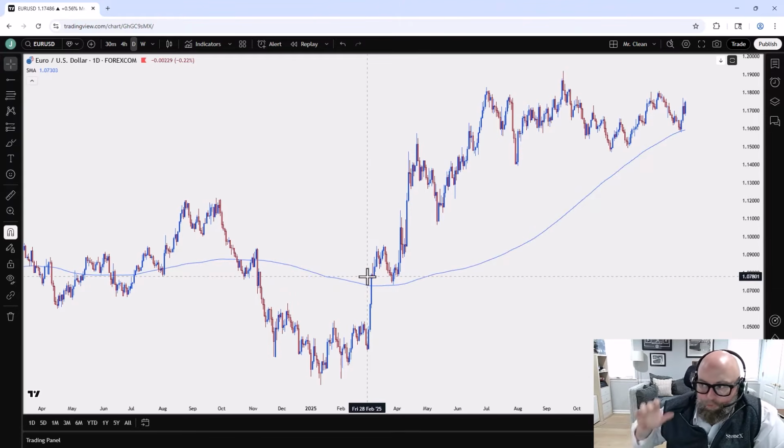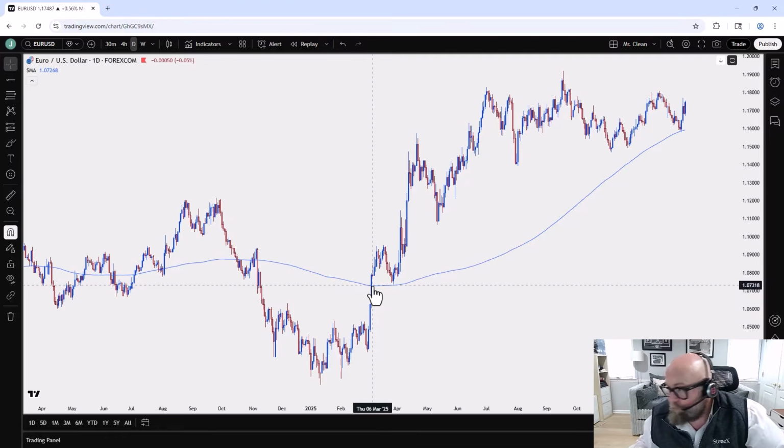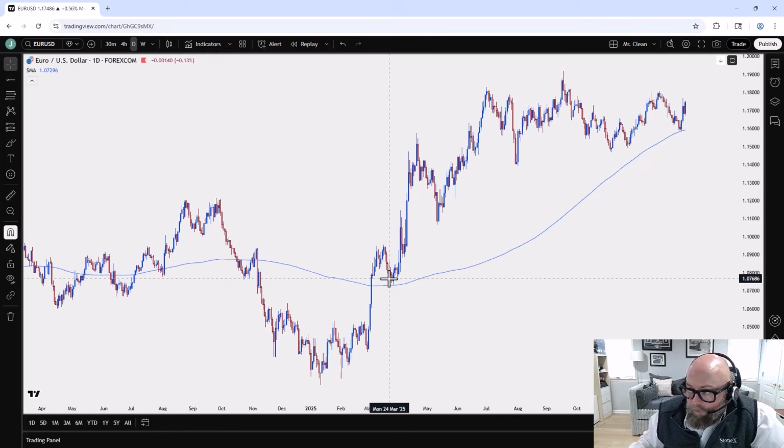But first and foremost, the main drawback to one of these is the lag. By the time we get the bullish break, that upside trend has already been going for a little while. We had a resistance point right around the 105 and a quarter handle, and then it breaks right there. So the bullish trend is already in order at that point, but the 200-day moving average doesn't register it for another almost 200 pips. And by the time we do get above, the move's already somewhat stretched.